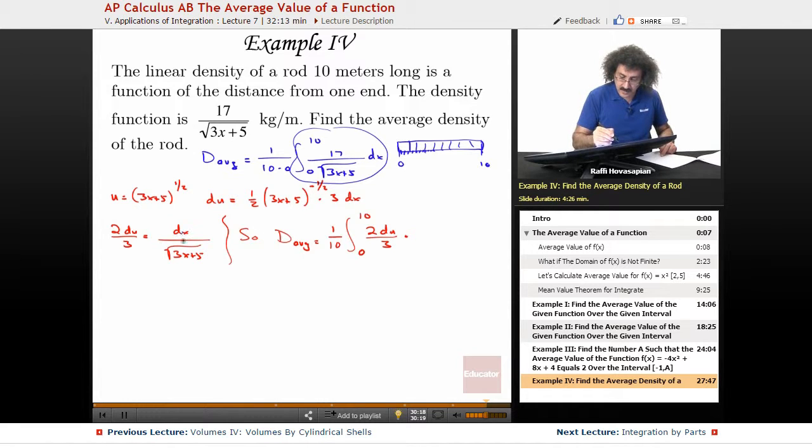Because now dx over radical 3x plus 5 is that right there. That's just 2/3 du, then times 17. So we're going to get 2 times 17 is 34 over 30 times the integral du